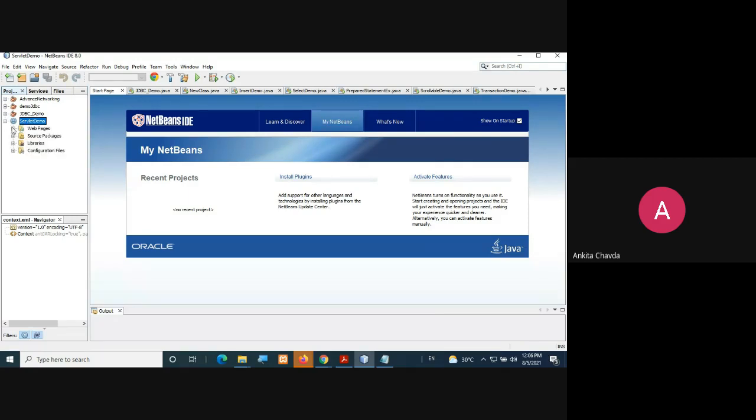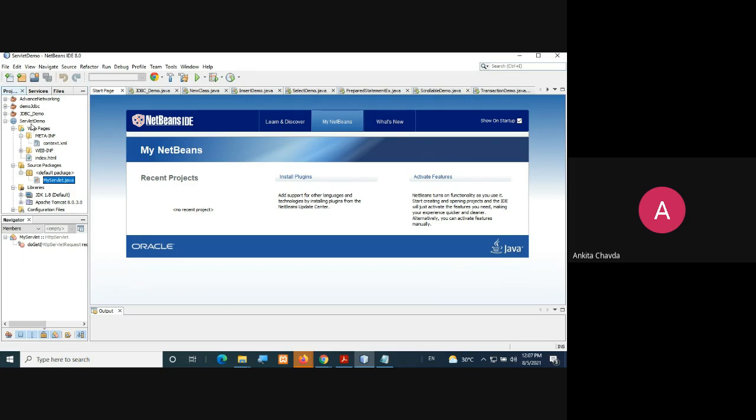So here I have created this web application, servlet demo. Okay. In the web pages, if you look, context.xml will be there, and index.html will be provided. Here you can see the libraries. In that, Apache Tomcat should be there. If it is not there, then there is some problem, right? And in the source package, in this default package, you have your very first servlet program.